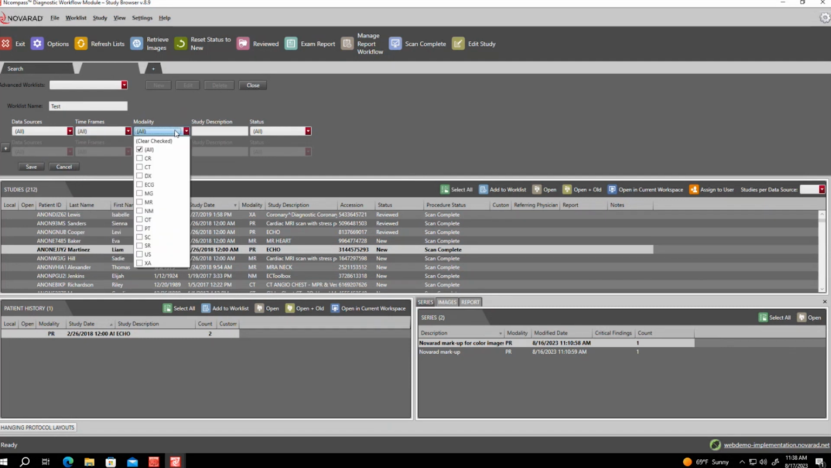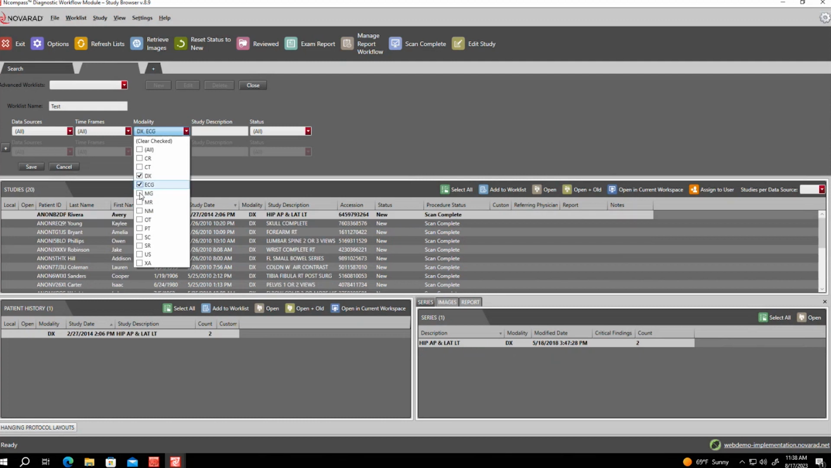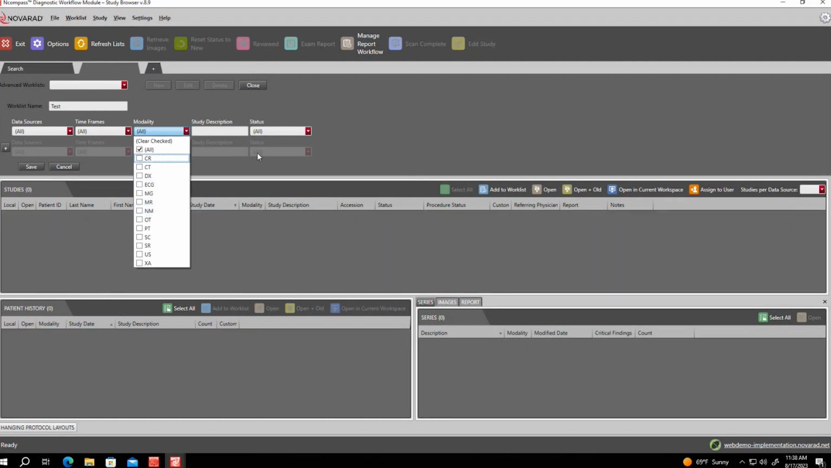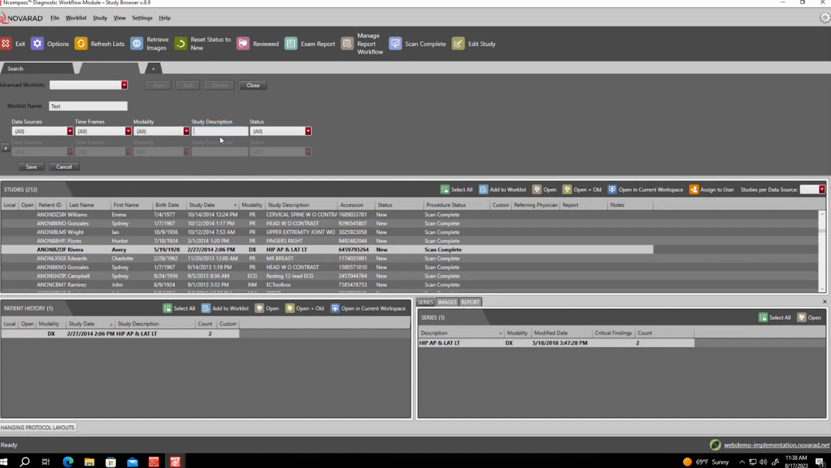And then you have your modality. So you can make this work list modality specific. You can have multiple modalities listed in here, just by clicking the checkbox on more than one, and it would include multiple, or you can always leave it on all. Our study description